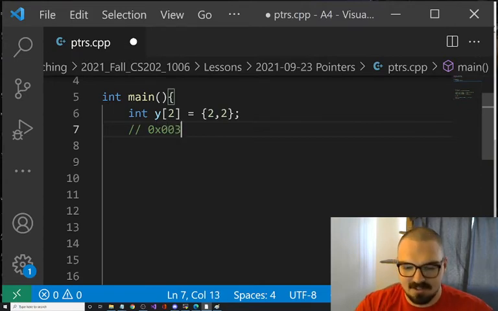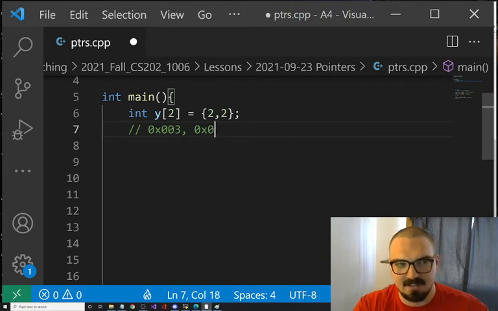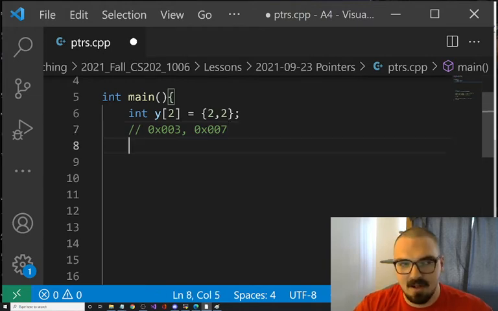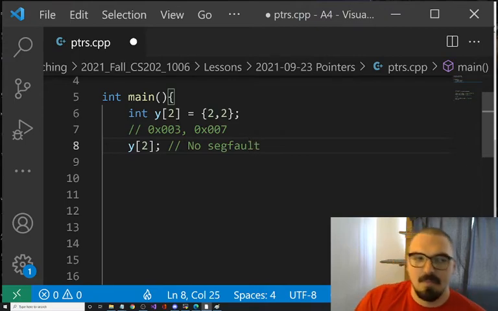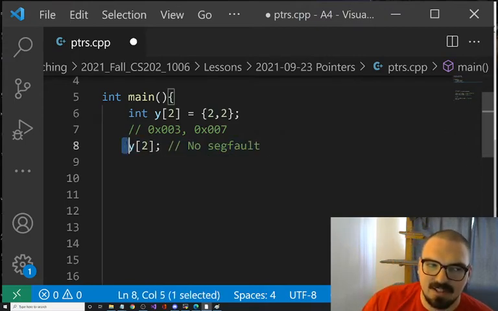And so the next location is going to be at 0x00, maybe 7, 3, 4, 5, 6. And then if I access this at, say, 2, I don't think I'll get a seg fault here. But this address, whatever I'm accessing, is not allocated to us.